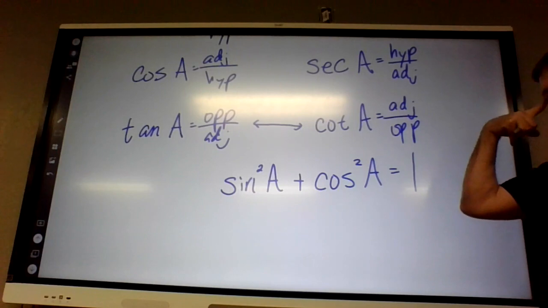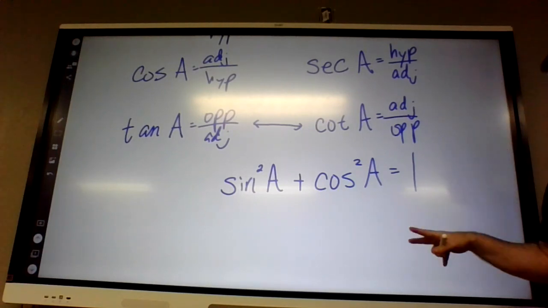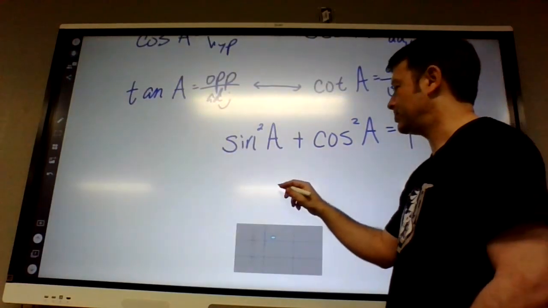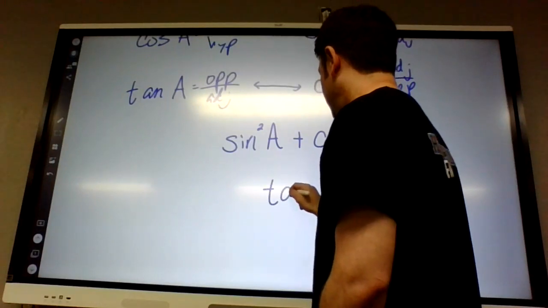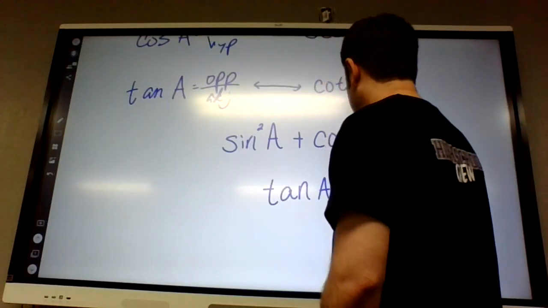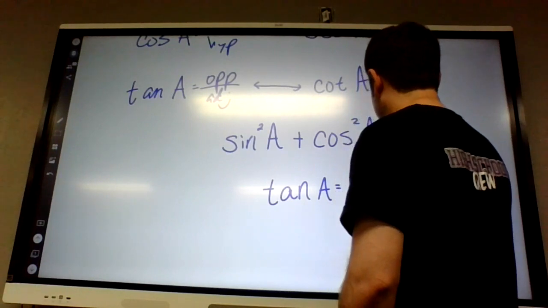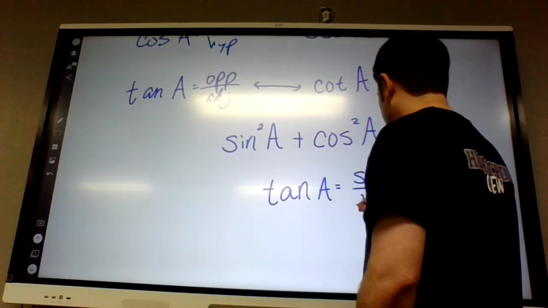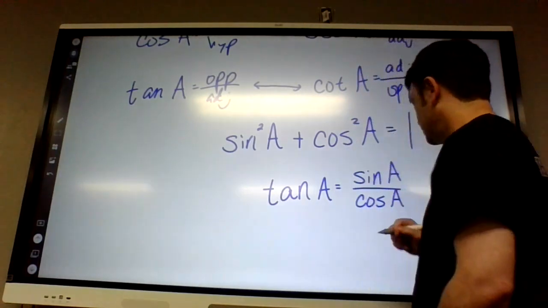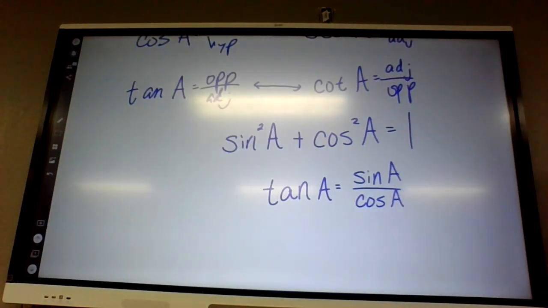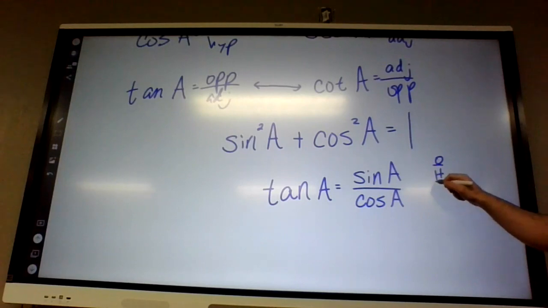So we need that in our brains. I think this is the last one we need. Tangent is also equal to sine over cosine, because sine is like opposite over hypotenuse. Cosine is adjacent over hypotenuse. So when you divide them,